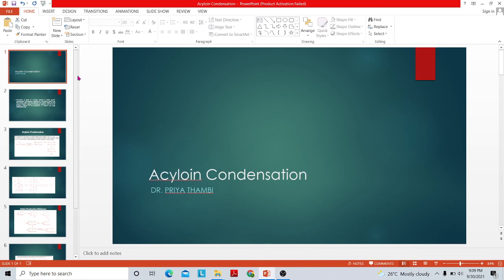This reaction is believed to occur by a radical mechanism. In the radical mechanism, in the presence of sodium metal, electrons are released. The next step is dimerization, followed by the formation of a 1,2-diketone. Then acid hydrolysis in the presence of acetic acid or a weak acid, H plus, and this will undergo keto-enol tautomerism and acyloin will be formed. This is the mechanism of acyloin.